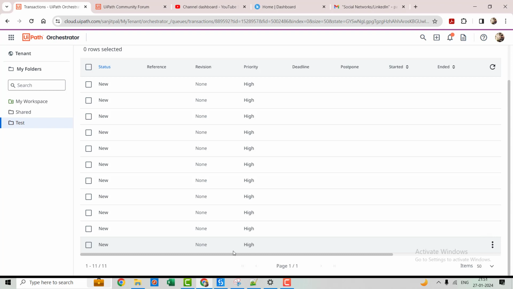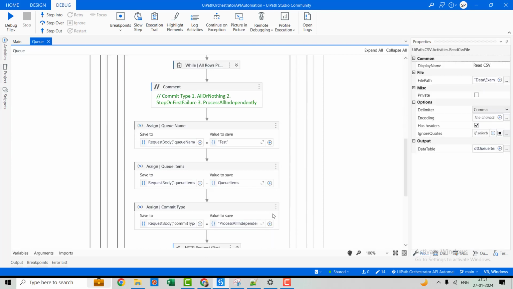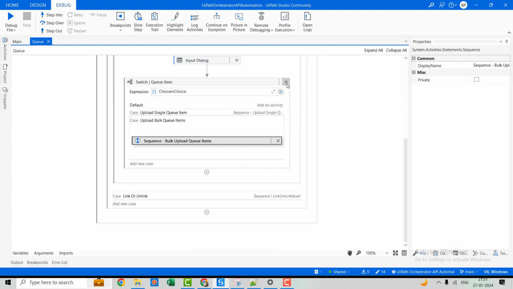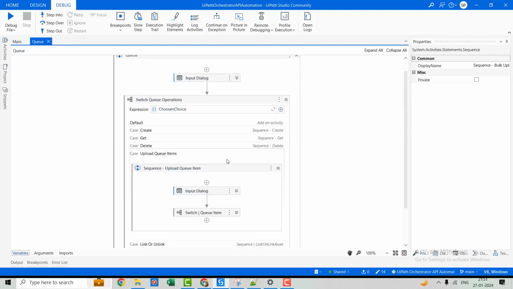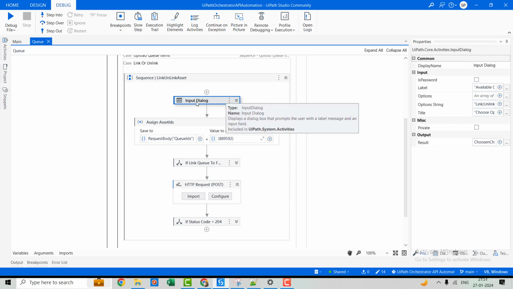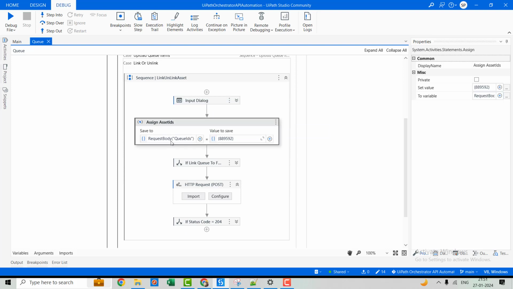So now let's move to our last operation, which is link or unlink the queue between the folders. For that, as we have seen in the asset video how we can link or unlink the asset, it will be the same. So let me just explore it. Here we'll be seeing the type, if we want to perform the link operation or the unlink operation. The QID will be a must for both operations, either link or unlink, to say which queue we want to link or unlink. So for that we'll get the QID from